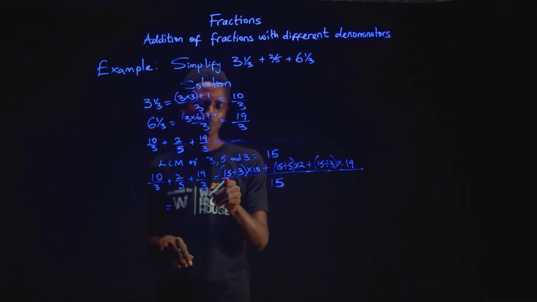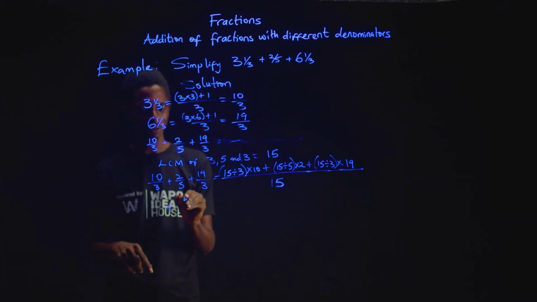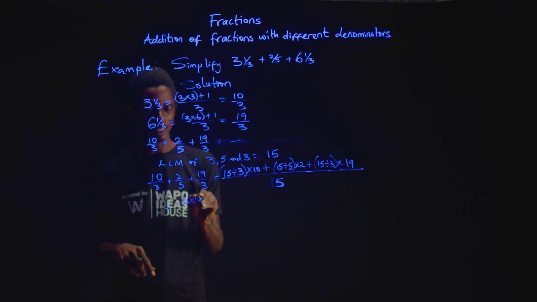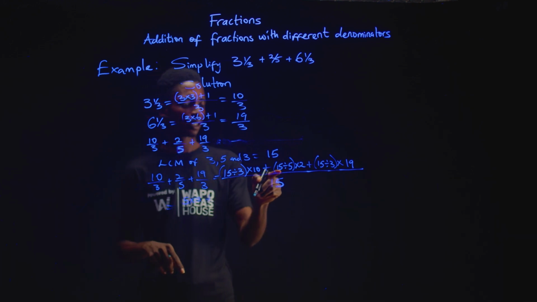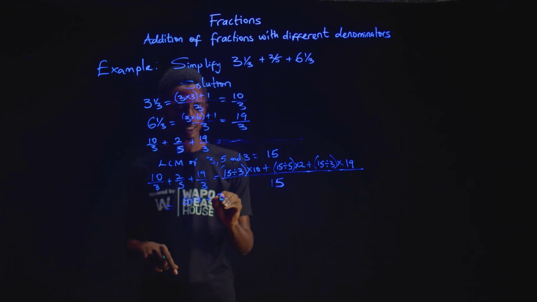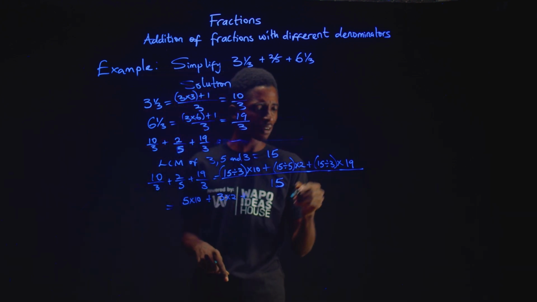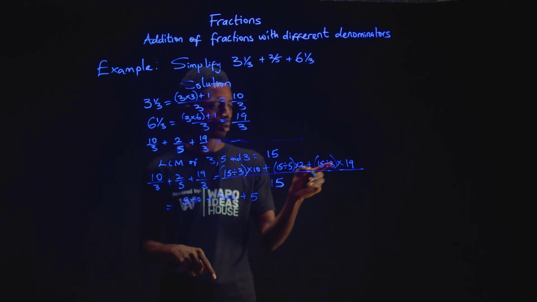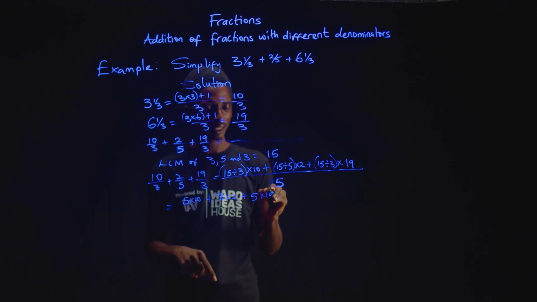Now this would give us 15 divided by 3, that is 5, multiplied by 10, plus 15 divided by 5, which gives us 3, multiplied by 2, plus 15 divided by 3, which gives us 5, multiplied by 19,